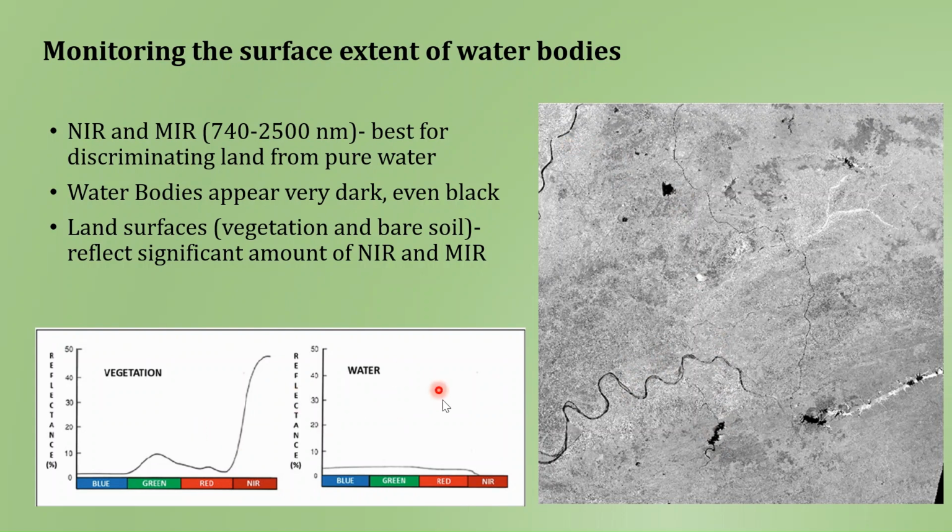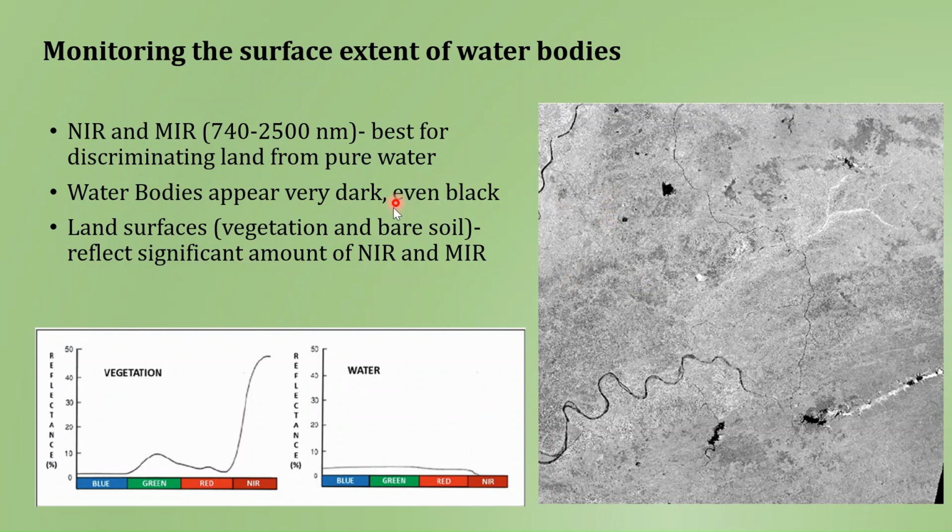Here we have two spectral signatures, one for the vegetation and the second for the water, and we can see the difference in the NIR range. So in NIR, the vegetation reflects in much higher quantity, while in water this NIR is completely absorbed. And this is the reason that when we select the NIR band, the water bodies appear very dark in color, because this NIR is completely absorbed and is visible in this image as black in color, while the other